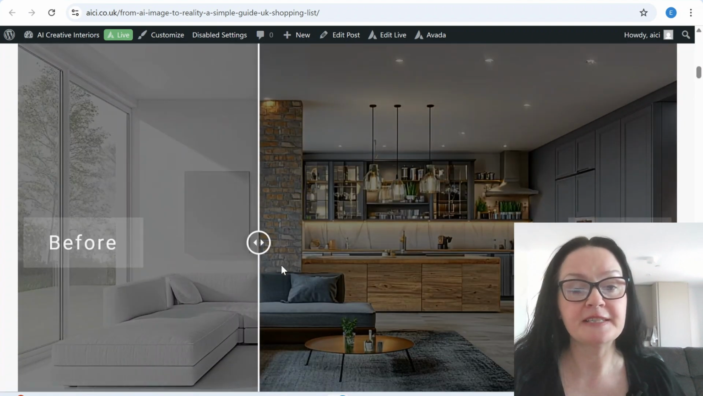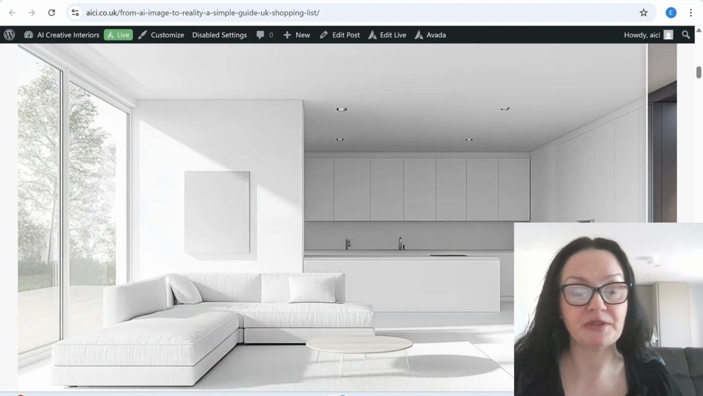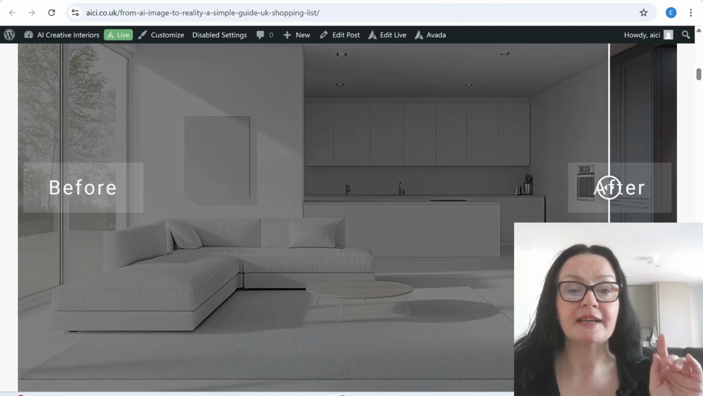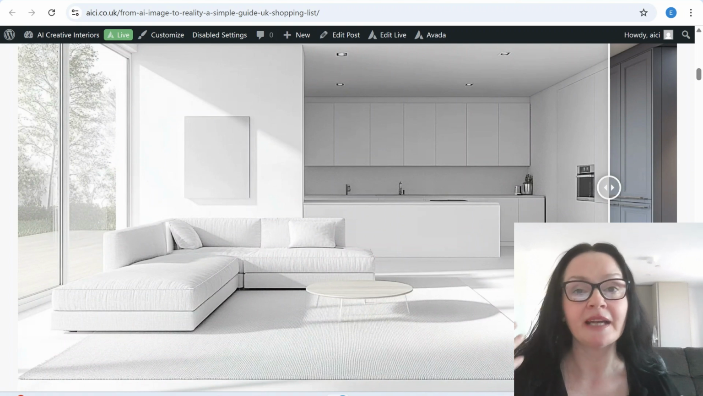So here is what we have, before and after. Again, I will pop this link underneath this video so you can take a look. What I'm doing here, as you can see, this is completely like a white gray image. I like to desaturate my images completely before,